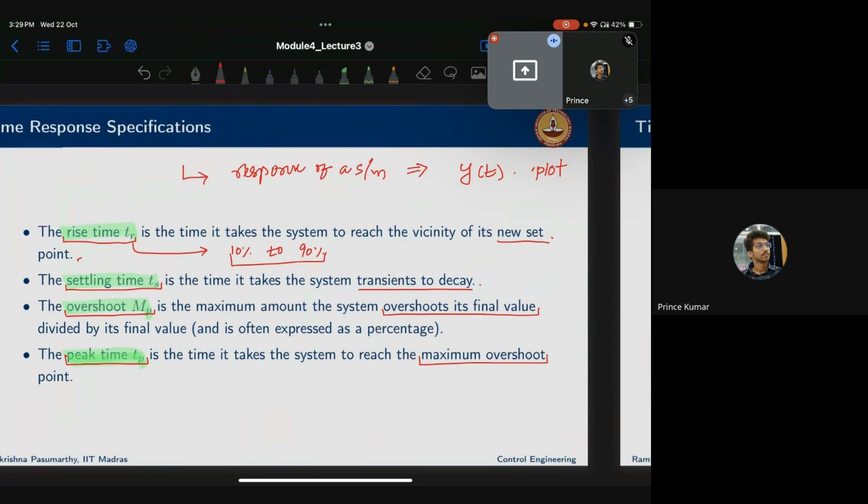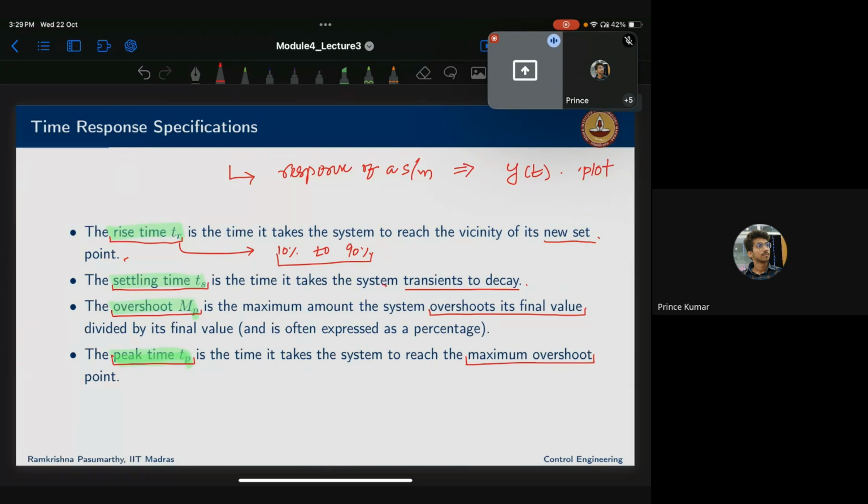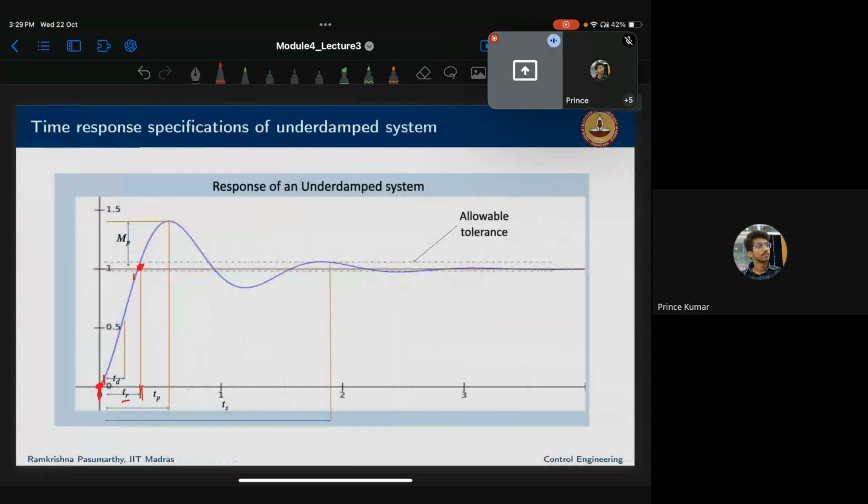Settling time. Settling time is defined as the time it takes for the system transients to decay. So if you see here, from here the system transients are getting reduced. Within this band, they are coming within this band. So then we can say this is the settling time. Next,